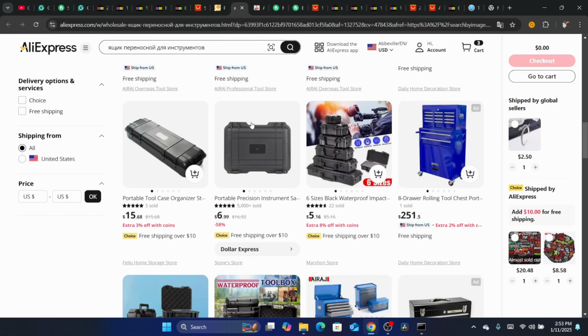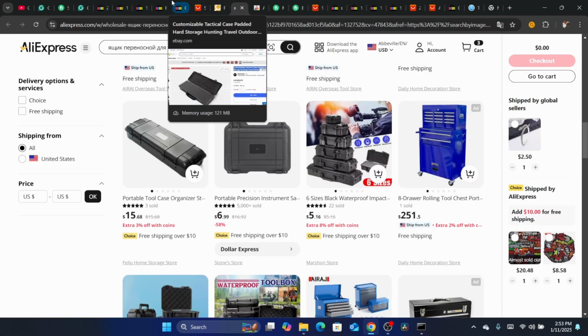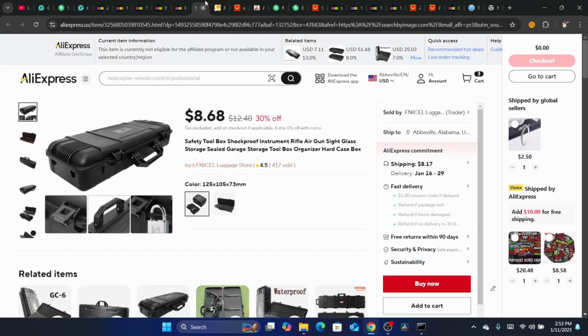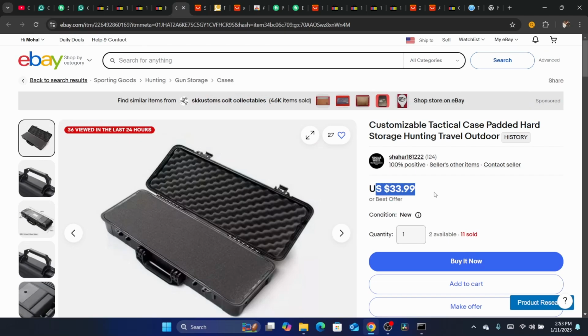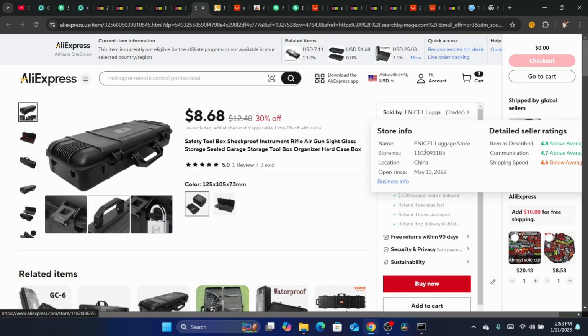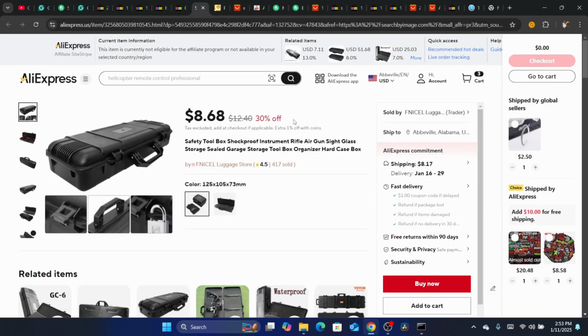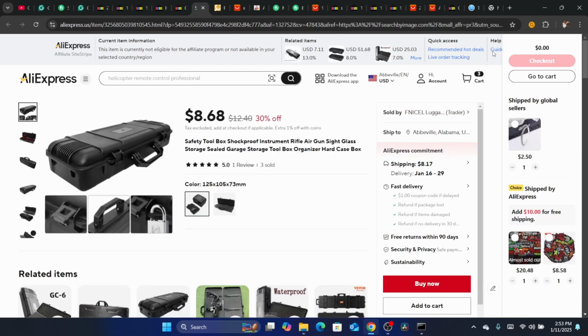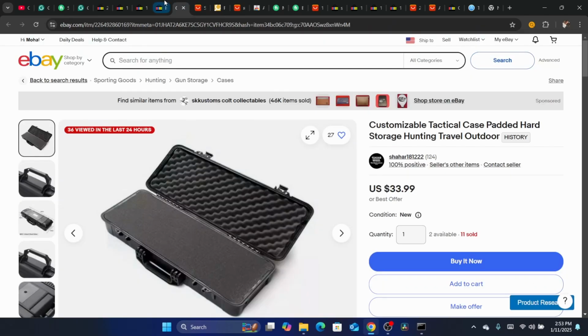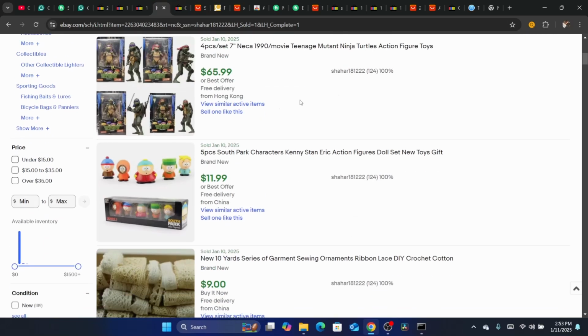Okay, so after you download the extension, you will be able to search by image on eBay, so you can find products easily on AliExpress. As you can see, this is the product. It costs like $8, and he is selling this for $33. Keep in mind that he is paying $8 for the shipping, as you can see. Now he can find it cheaper. If you scroll down, you will find many other sellers on AliExpress selling this for way cheaper than the seller above. That's exactly how you can do this. Now you can copy all the products he is selling, this one, this one, this one.